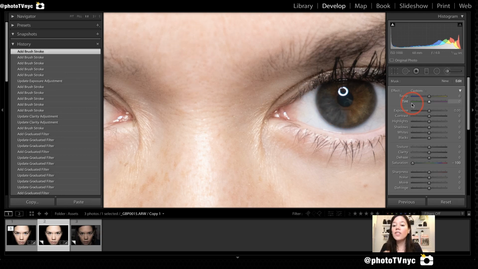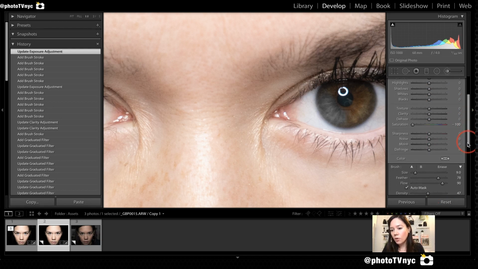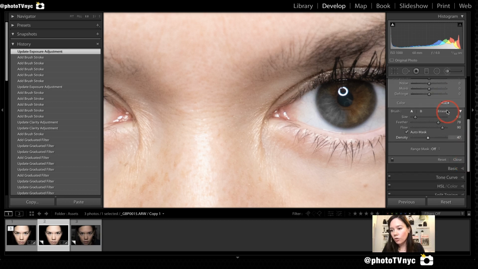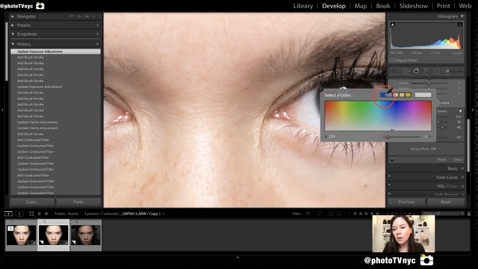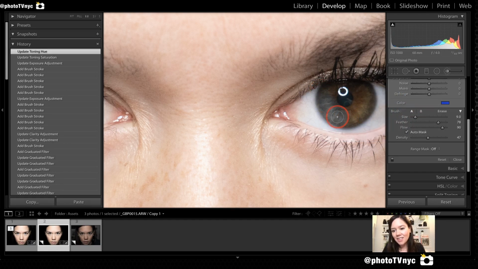Here we go. Now on this third one, because it's already 100% desaturated, I'm going to add exposure, because here we're going to start painting. After I add exposure, I added 1.16. I'm going to go down to my little box and select my blue color. You can really select any blue color that you want. And we're just going to make sure that we're painting in it, and we can start seeing a blue hue